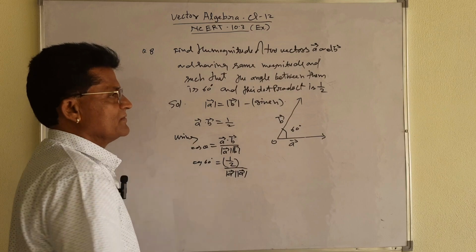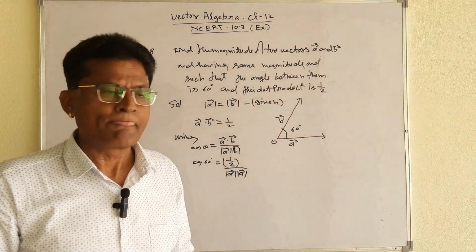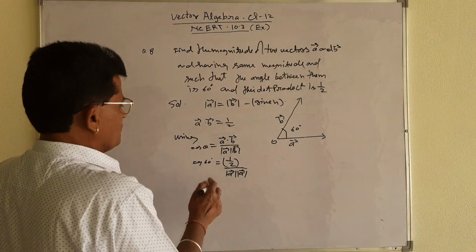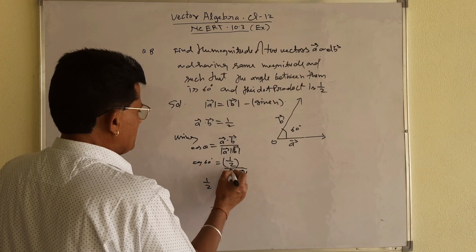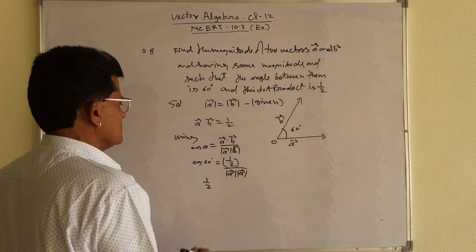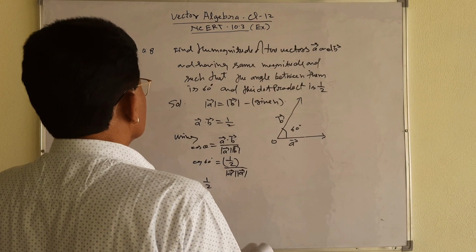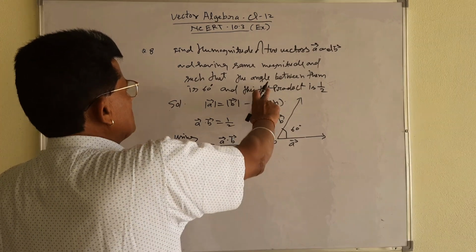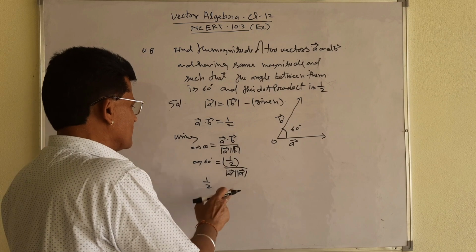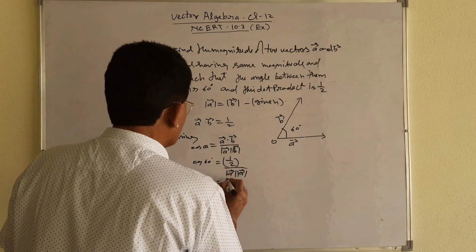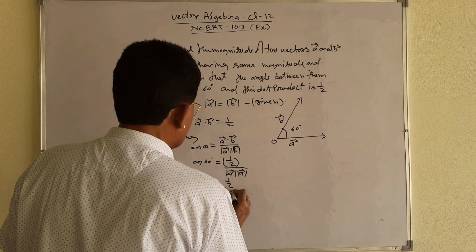Because you must use the given condition. Magnitude is same. Be careful, its value is 1 by 2, because the dot product is 1 by 2 and cos 60 is also 1 by 2. It will be equal to 1 by 2 and magnitude of A